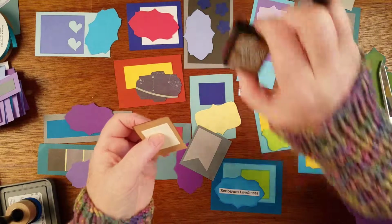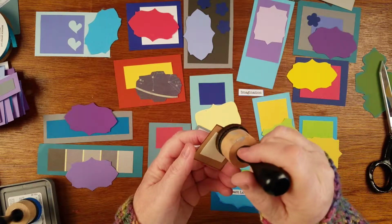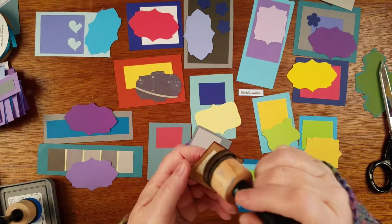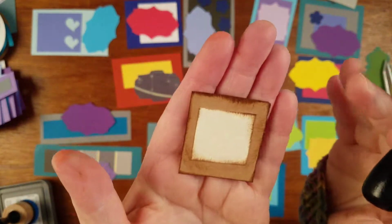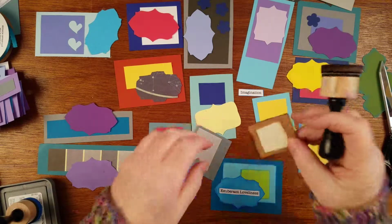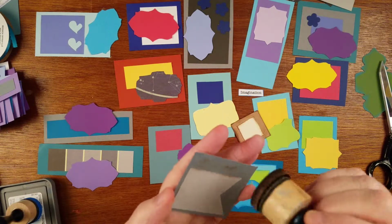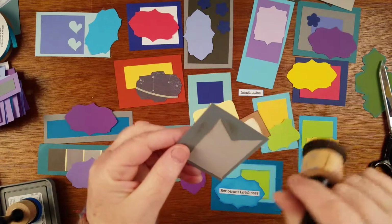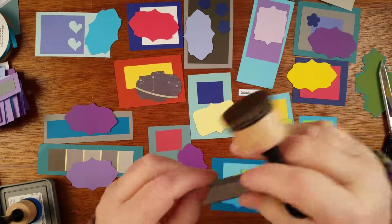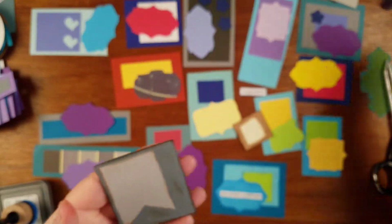So this is vintage photo on craft. And let's see if we can do this a little bit on ivory. Alright, it's not the best ever, but it's kind of cute. I like this idea of cutting a little flag. There, and